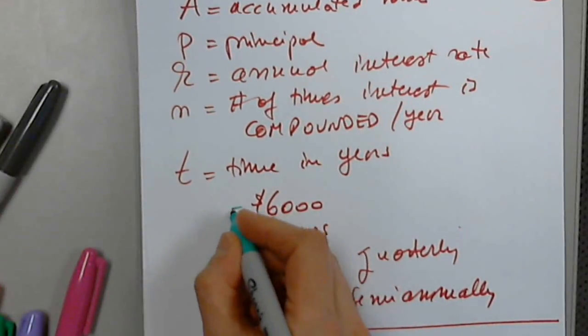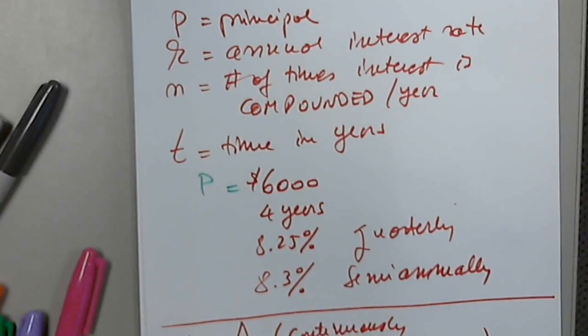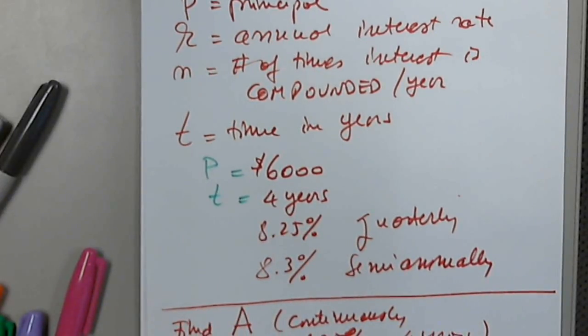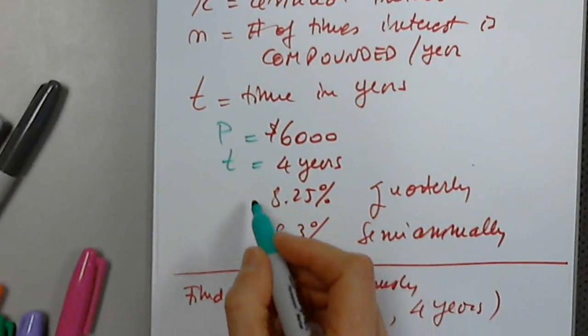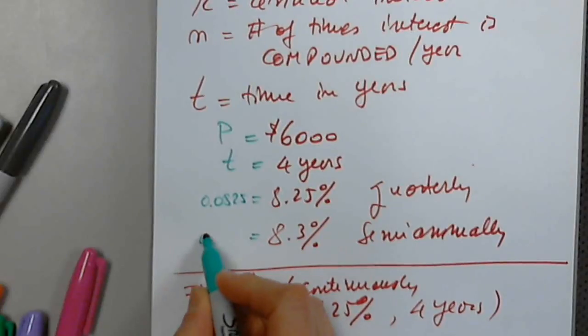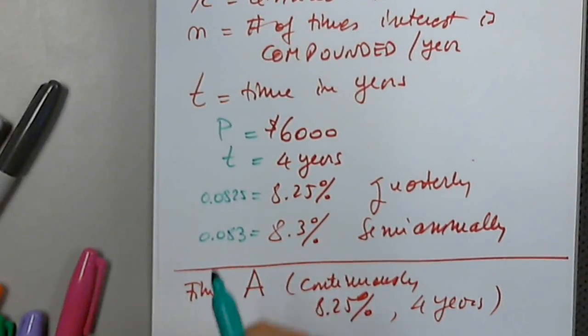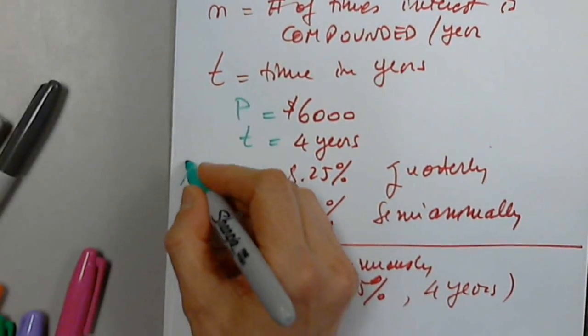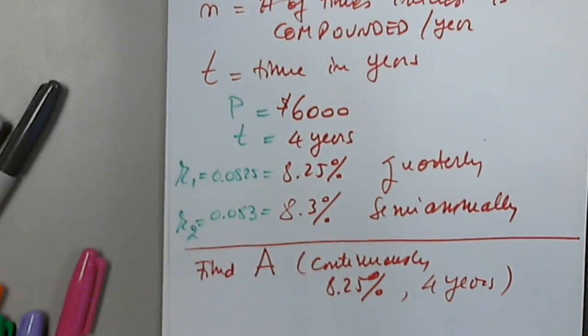Principal. Very good, thank you very much. Okay, what does 4 years represent? Time. Very good. What does 8.25 represent? And I cannot use 8.25, I have to write 0.0825, 0.083. What do these represent? The rate. Very good. I'm going to call this R1 and I'm going to call this R2 to differentiate between